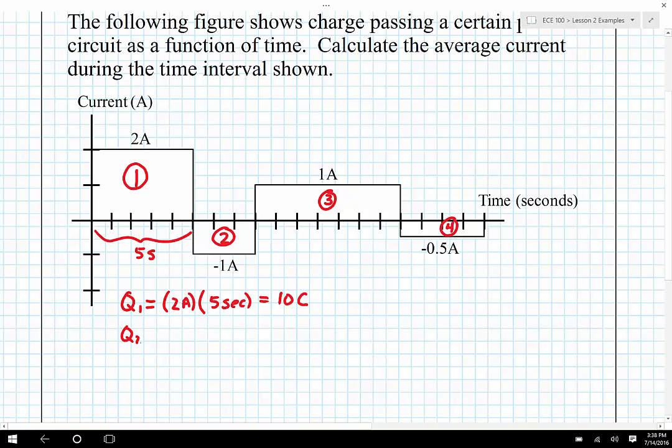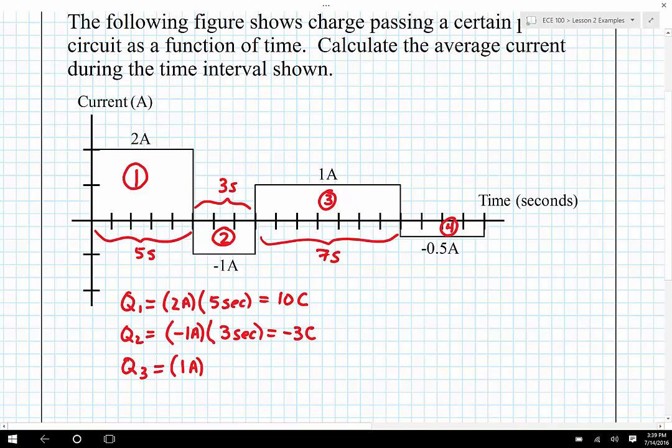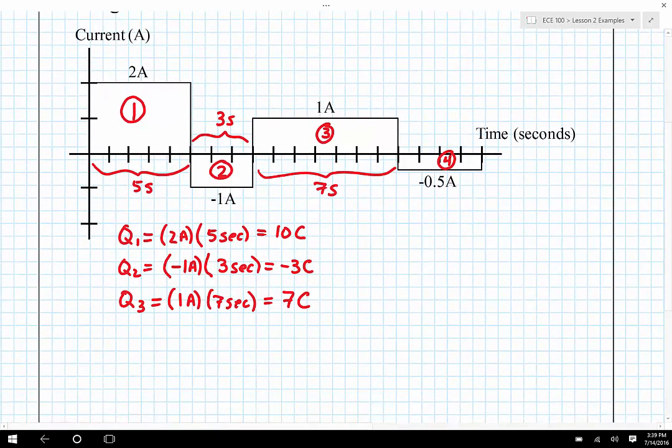Now the second interval, Q2, is going to be a negative current, -1 amp. That just means that the current is flowing in the opposite direction, multiplied by, you can see the time interval here is 3 seconds. So we're going to have 3 seconds, and that's going to end up being -3 coulombs. Q3, this is going to be +1 amp. I'll just leave it as 1 amp, and the interval here is going to be 1, 2, 3, 4, 5, 6, 7 seconds. And so that's going to be multiplied by 7 seconds, and therefore the total charge that flows will be 7 coulombs. And then the fourth region, Q4,